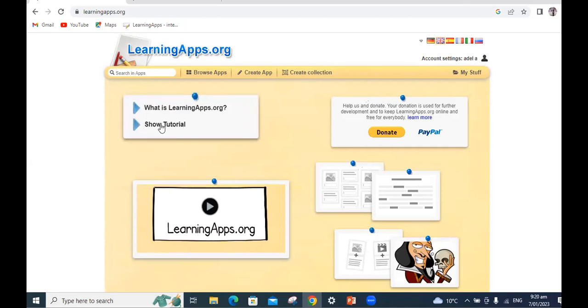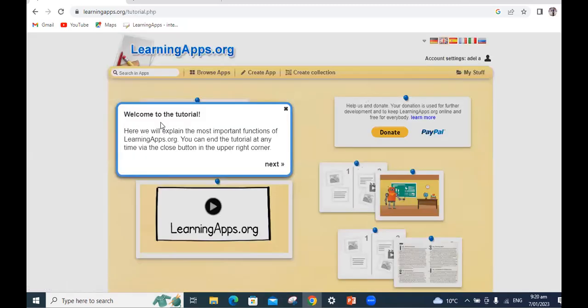Here I'll show you something about the tutorial of this website. I click here. Welcome to the tutorial. Here we will explain the most important functions of learning app.org. You can end the tutorial at any time via the close button.